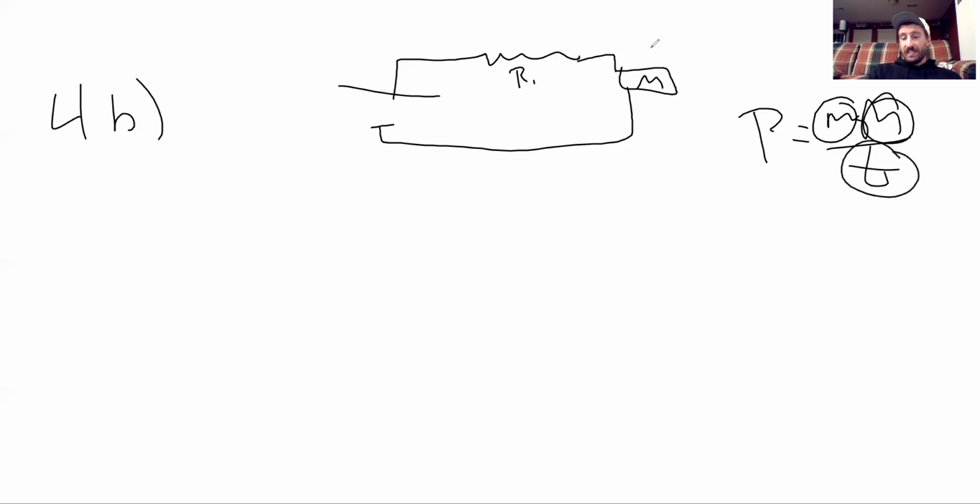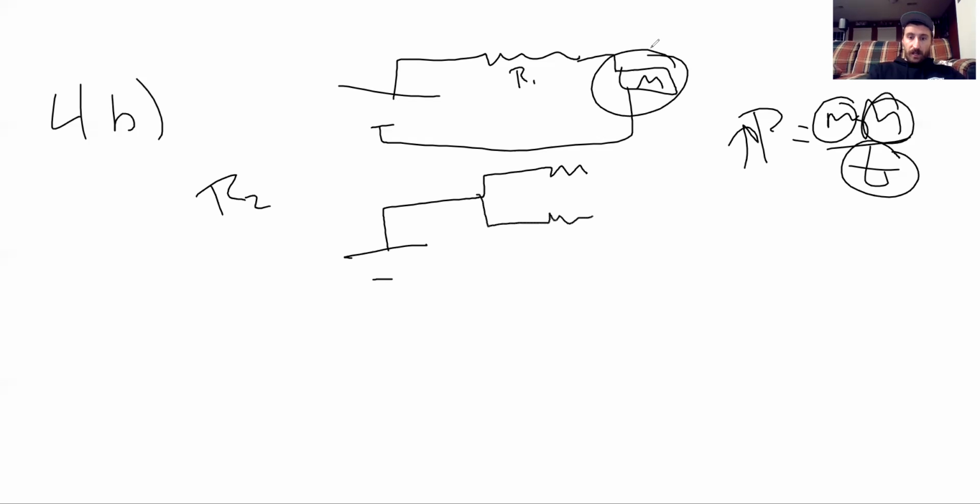We need t to decrease, so the power has to increase. We need more power. In other words, we need more current flowing through that motor. So we have a resistor R2 that we need to put in so that we can get more current through there. The only way to do that should be pretty evident here,